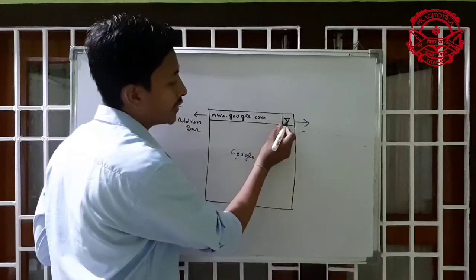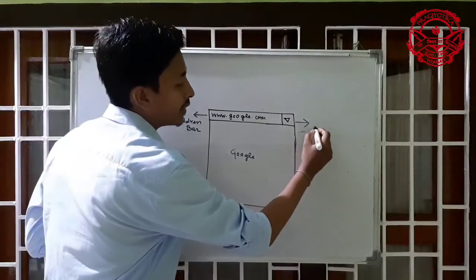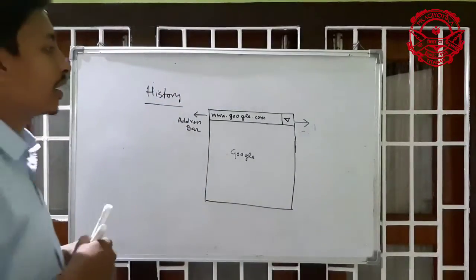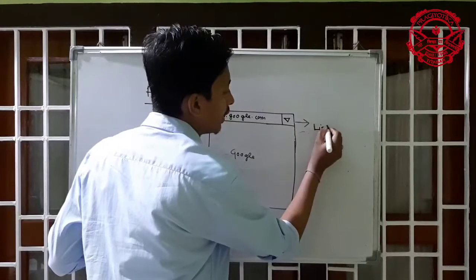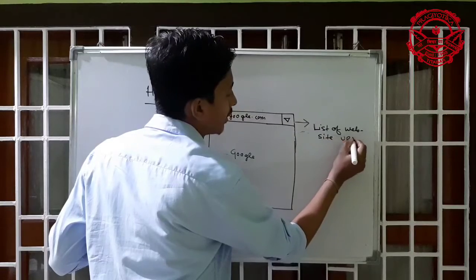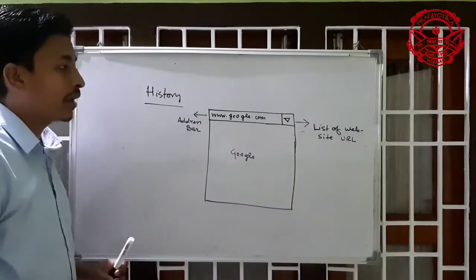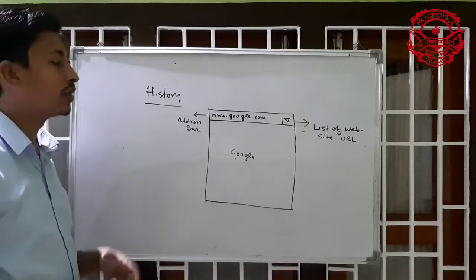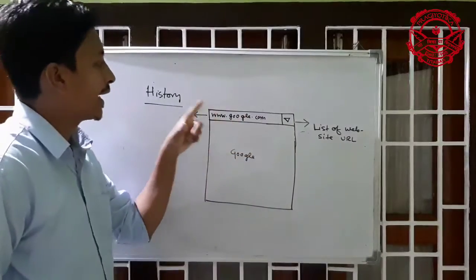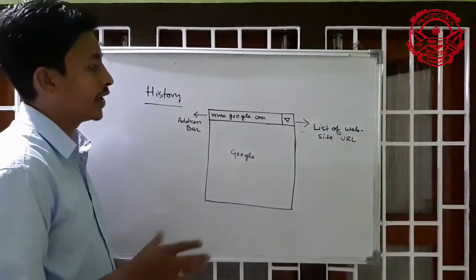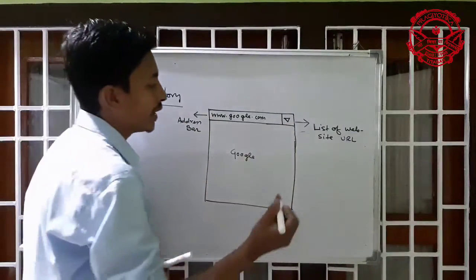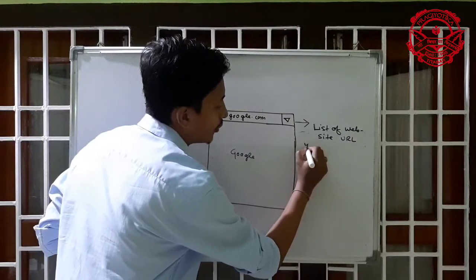When you click on this icon, it will give a list of website names, a list of website URLs. If you have already visited YouTube, Wikipedia, or Gmail, but you are currently using google.com, that's okay. But when you click on this down arrow button, it will give the list of URLs. For example, youtube.com,